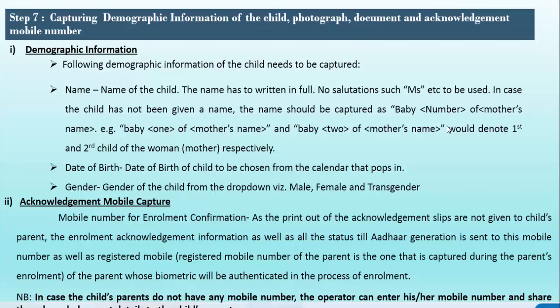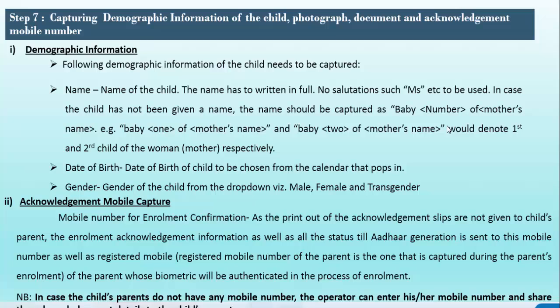Once the name is updated in the birth certificate by the parents, then they can come to the ASKs, and they can update the name after generation of Aadhaar for the children. It can be done below 5 years also, even more than 5 years also. But the Aadhaar number is the same for lifetime for the children. So the Aadhaar number will not be changed even if it is updated after 5 years, or if it is updated before 5 years also.